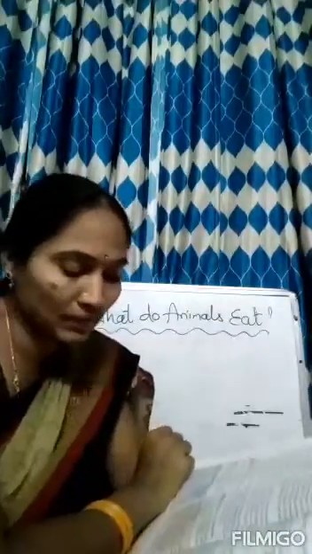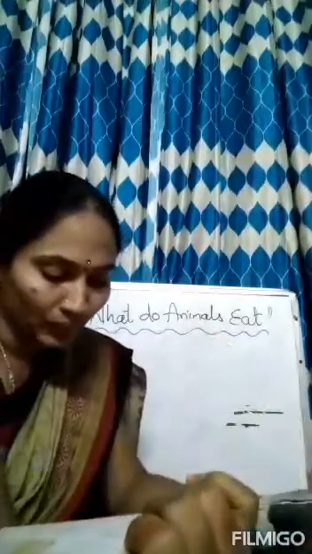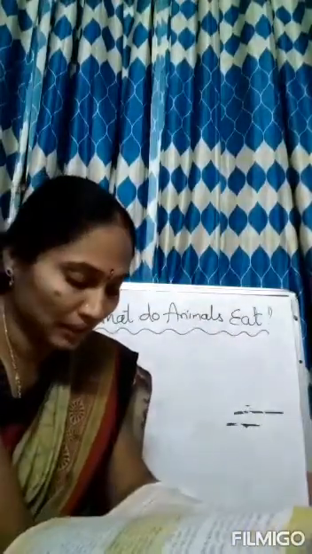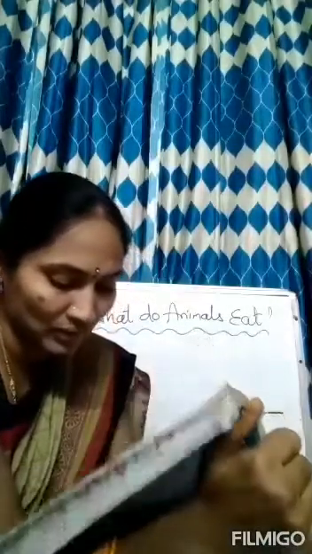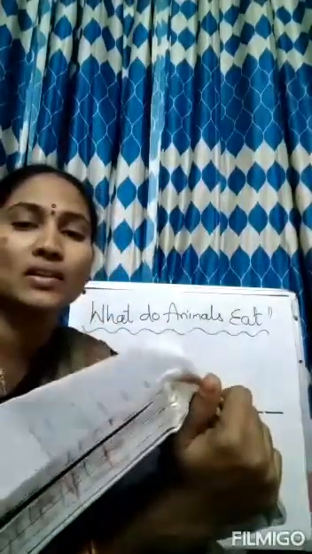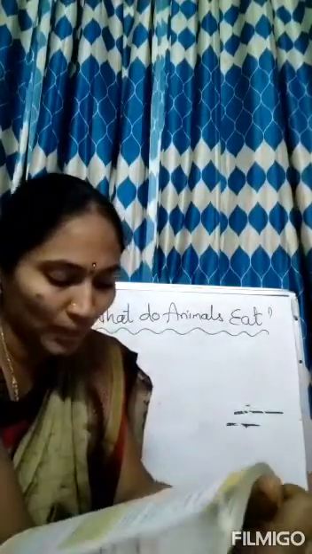Next, the 'Do you know' box is given here. Crows that live in our surroundings usually eat waste and rotten food material, dead animals, etc. They keep our surroundings clean in this manner. So they are called natural scavengers. So crows are called natural scavengers. Vultures are also called so due to the type of food they eat.